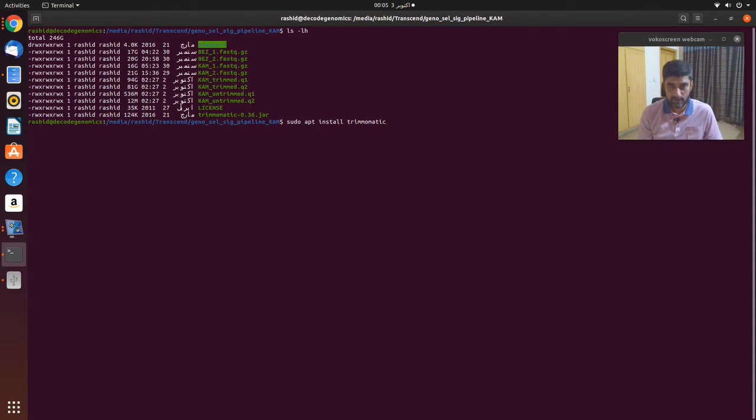After downloading you install it with this command. Just enter and it will install Trimomatic into your system. This is the prerequisite for step number 1. This is what we are going to do in all the coming steps, where we have to download and install all the software required for that particular step.